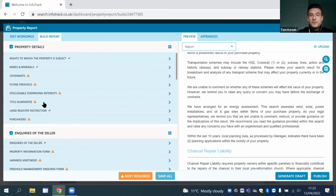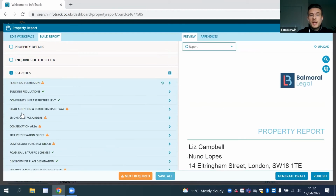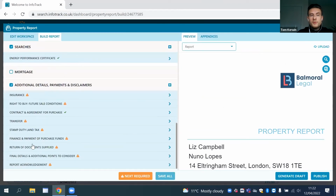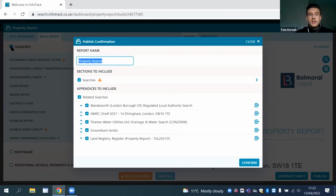And if that's the case, just use this workspace to remove, for example, the property details section, inquiries of the seller. We'll leave the searches in. I'll remove the mortgage for now, and then I'll remove the additional details, payments and disclaimers section from the back. I can then go to publish. This window will pop up, and I do have the ability here to rename my report. So if I click on that little pad and just rename that to searches or search report,